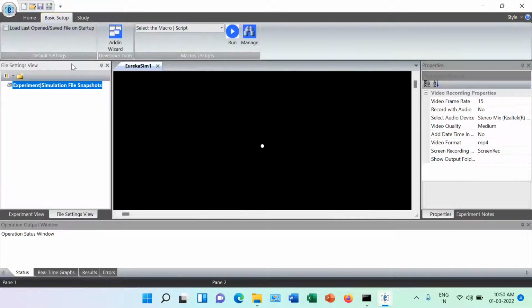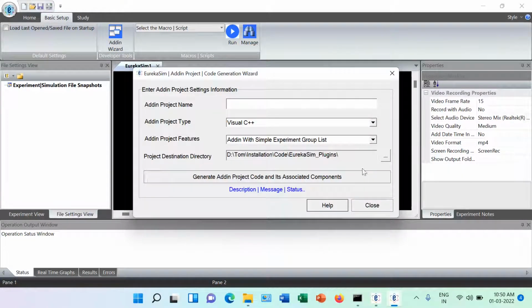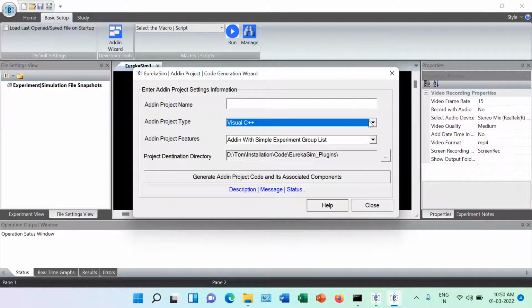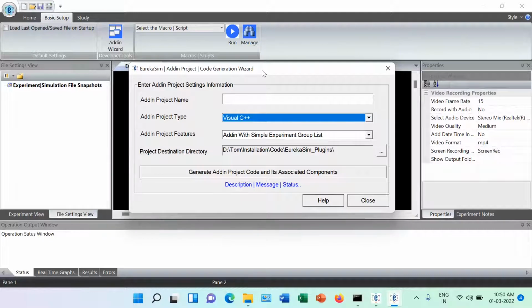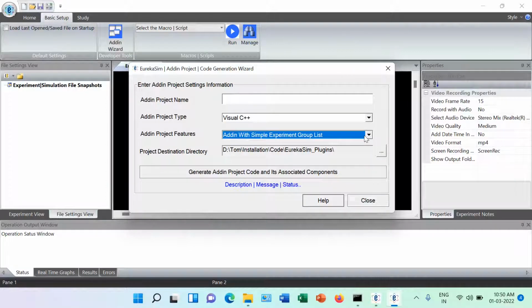And in the basic tab, you will have an option to load the last saved file if needed. Another feature is the add-in wizard, where you will be able to generate plugin code for different types of add-ins like C++, C#, .NET, VB.NET and Python, which will be covered in detail in other videos. So this is the base framework platform from which you will be able to develop the add-ins. This will create a skeleton code for you, so that you can start from that add-in project